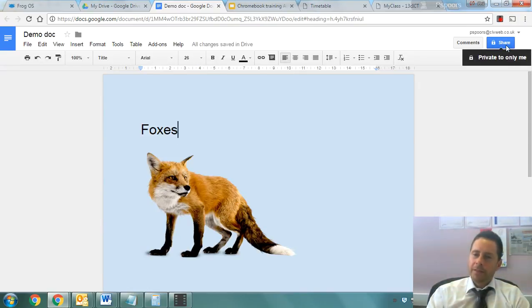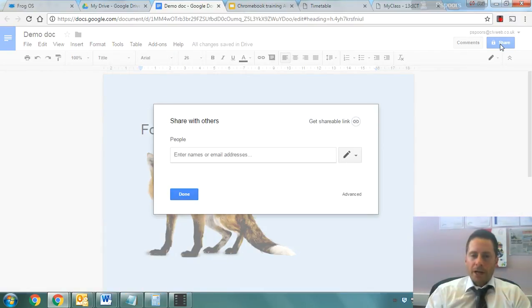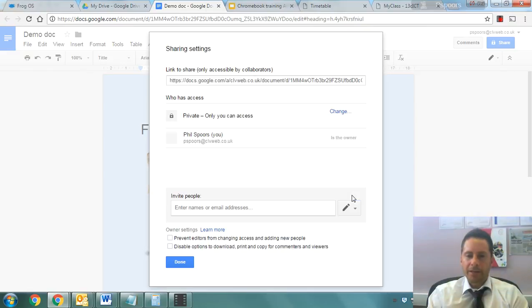So at the moment, you can see that this document is private to only me. That means if I sent this document to someone else, they wouldn't be able to see it. I'm the only one at the moment, while I'm logged into Google, that can see this document. Now I can change that by going to share, and I can either type in the names or email addresses of people I want to share it with, or more useful is if I go to advanced here, because this